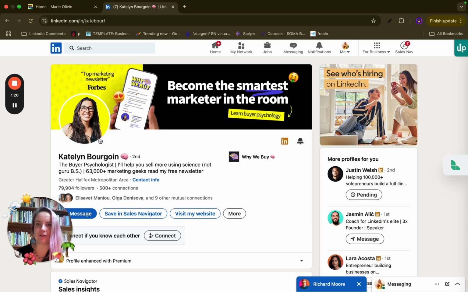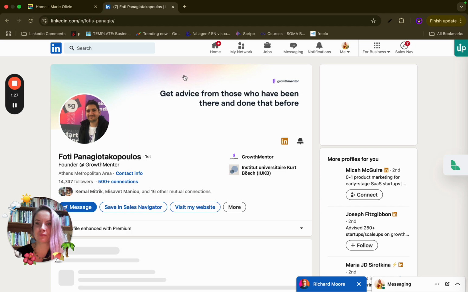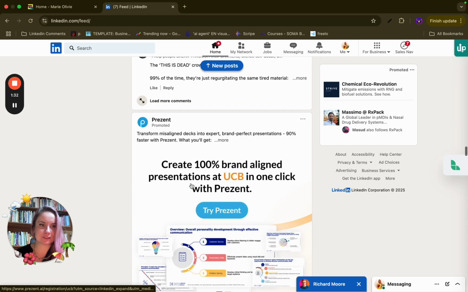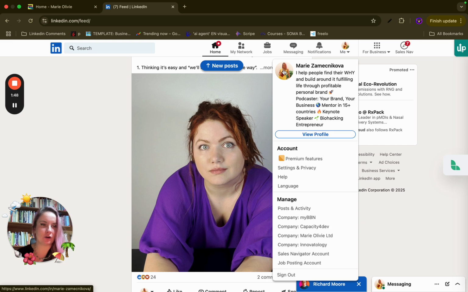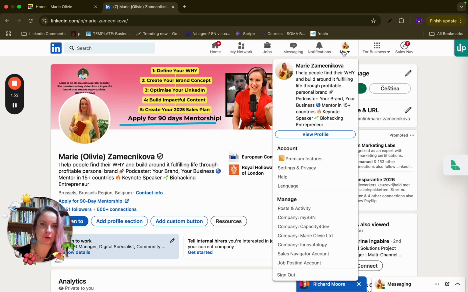So usually you have here a button which is showing if you are active or not on the social media, on LinkedIn, and we will now take a look on how to hide it. So this also might be really good for protecting your privacy on LinkedIn and also avoiding unwanted attention from your connections. So you go to your profile here, you click on the Me button, and from your profile here